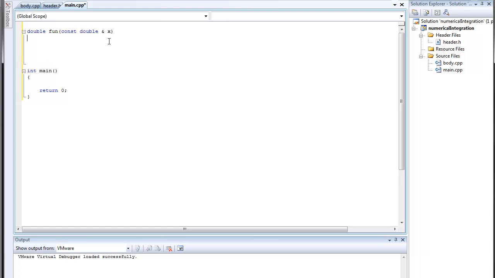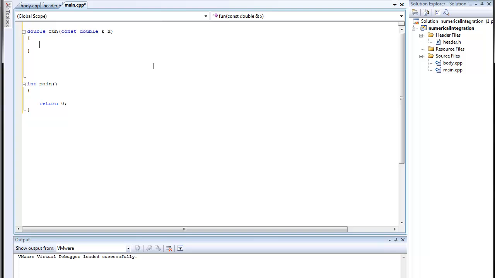Why am I setting up the argument like this? Well, what it basically means is that we are passing a reference to some number x, and we are not going to change the value of x within the function. Okay, this is the fastest possible implementation of passing the argument, because you are telling C++ that you are not going to change x within the function, and you are passing by reference, so you are not allocating any new space in memory. Okay,